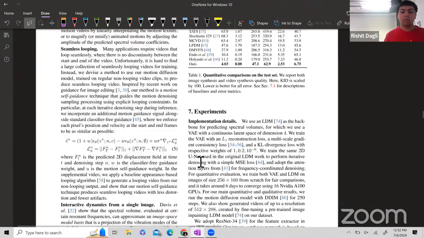And then they also talk about seamless looping, which I think is a very hard problem to solve. People have done it somehow, but it's quite hard to solve properly. So for seamless looping, they do something a bit different when they are doing inferencing.